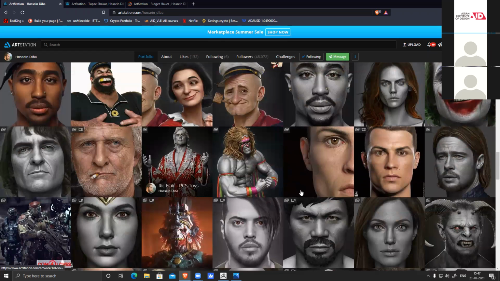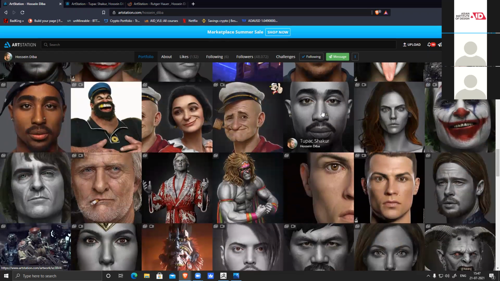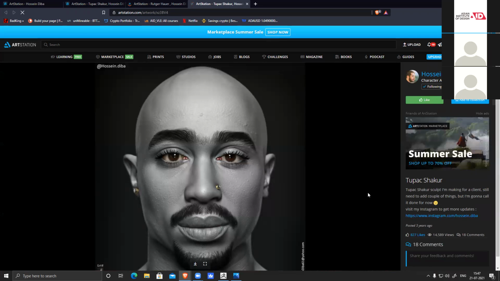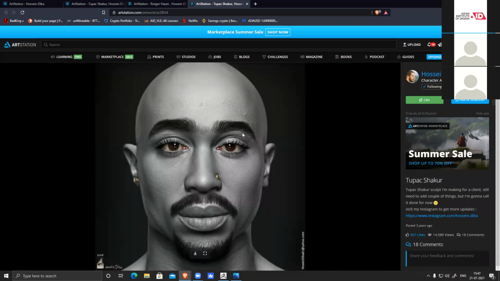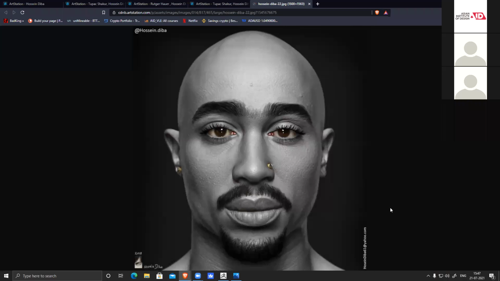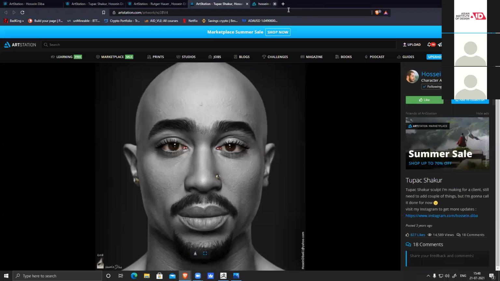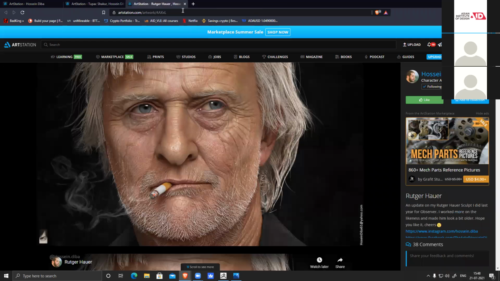There was Popeye, and next to Popeye there is a two part one. Yes, this is the high poly, I believe. You can see this is high poly, only head. You can see the amount of detail. Looking at the hair and all, how has he made it? ZBrush, fiber mesh. If you want, I can show how fiber mesh works, it's pretty easy. But with fiber mesh, you need a lot of practice because controlling it is difficult. It's super easy, very basic, but controlling it is very difficult.